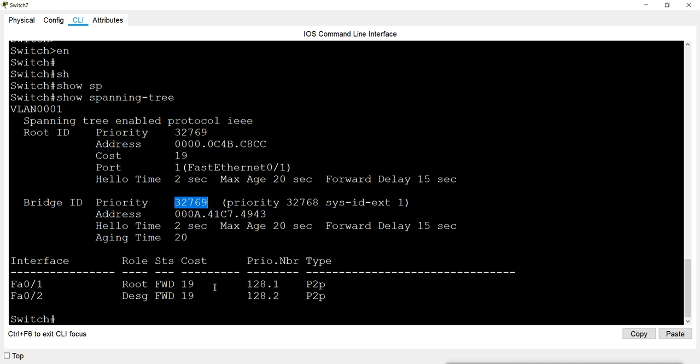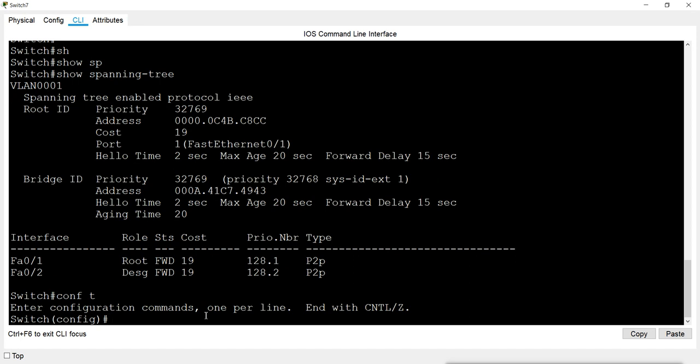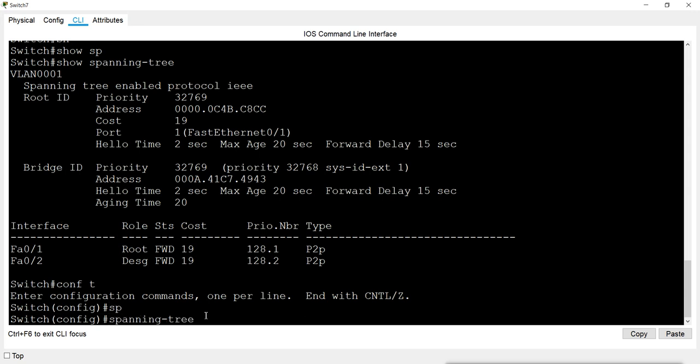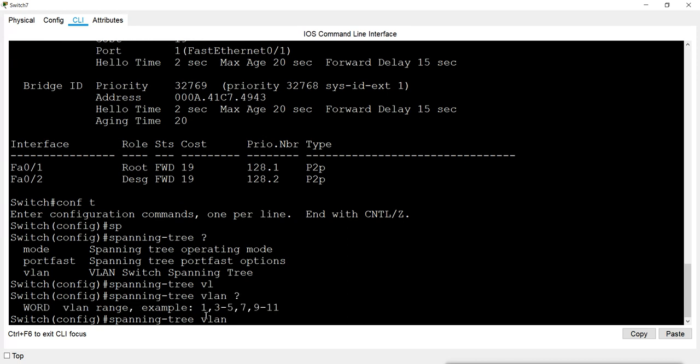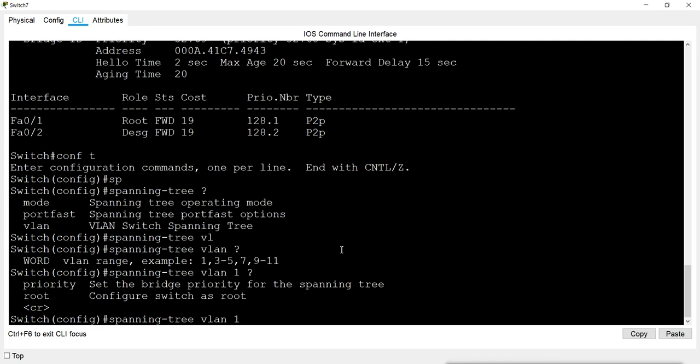I will go to the config mode and then I will give the command spanning-tree vlan, then mention the VLAN number. Then here we have two commands.